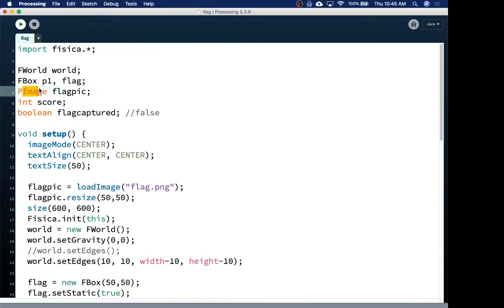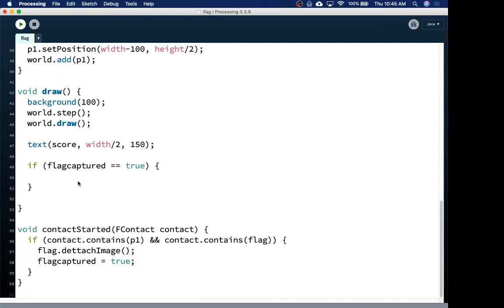You've already probably loaded the image for the flag picture because you attached it, right? So you can just use that same picture. Mine's called flagPic. And I'll just say image. That's the function that draws pictures, right? Back to good old-fashioned Processing. flagPic. And then where do you draw it? I'm going to draw it at